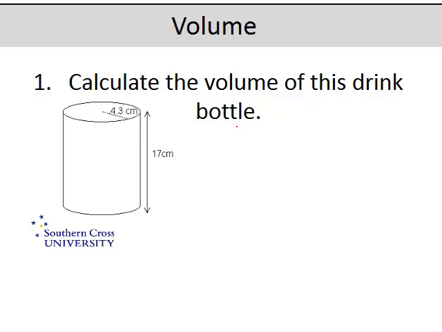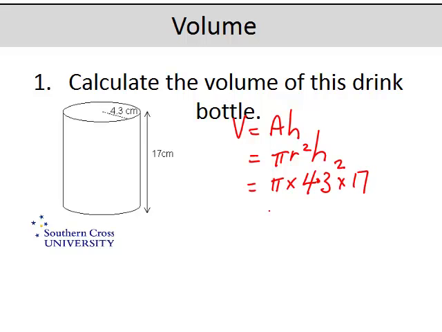So the volume is equal to AH, which the area is a circle, so that's the area of a circle, which is pi r squared times by the height of the prism. So that's pi times 4.3 centimetres squared times by 17, and that turns out to be 987.5